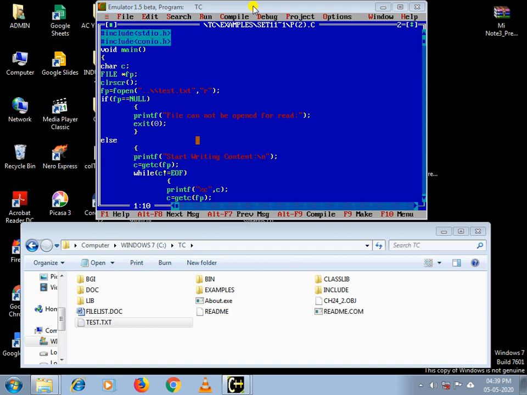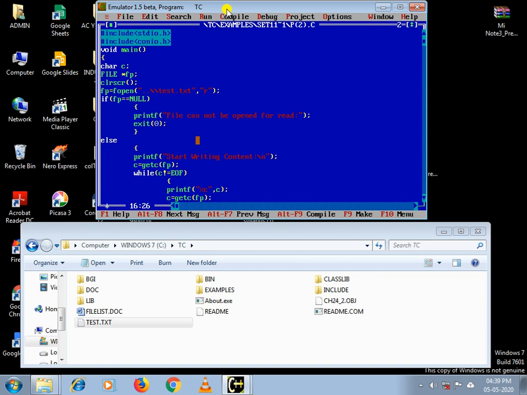For that, we need to change only the file handling mode, that is reading, writing or appending. As you can see, the entire code remains the same as in our previous video. Slight changes are required to read the data from the existing file. The very first change is, instead of write mode, we are going to read the existing file, so I need to write R instead of W.